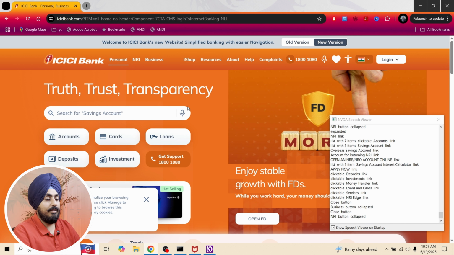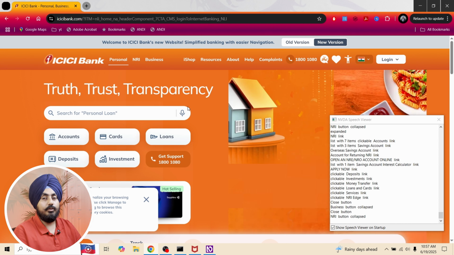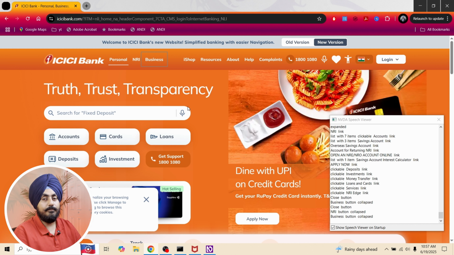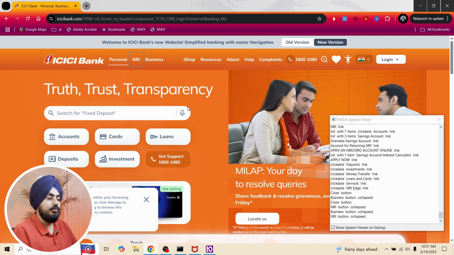And did you notice my focus, the underline that they have, is now again moved back to the personal, even though I was on the NRI button collapse? And the NRI was not highlighted when I closed the submenu. So this is the same kind of test that I would do for all the main menu sections